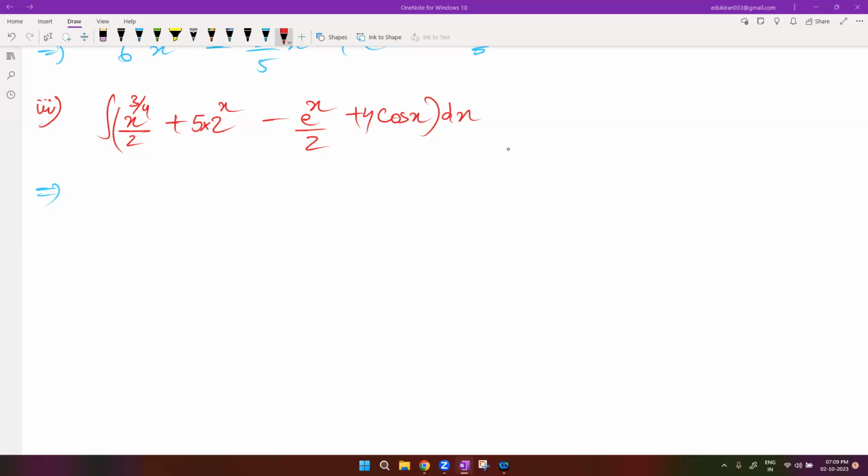So first, there are 4 terms or 4 functions which are either in addition or subtraction. If somebody gets the answer, then please you can raise your hand and I'll ask you. Whoever gets the answer. Okay. So integration will be distributed over the 4 terms because they are all in either addition or subtraction. So this can be written as